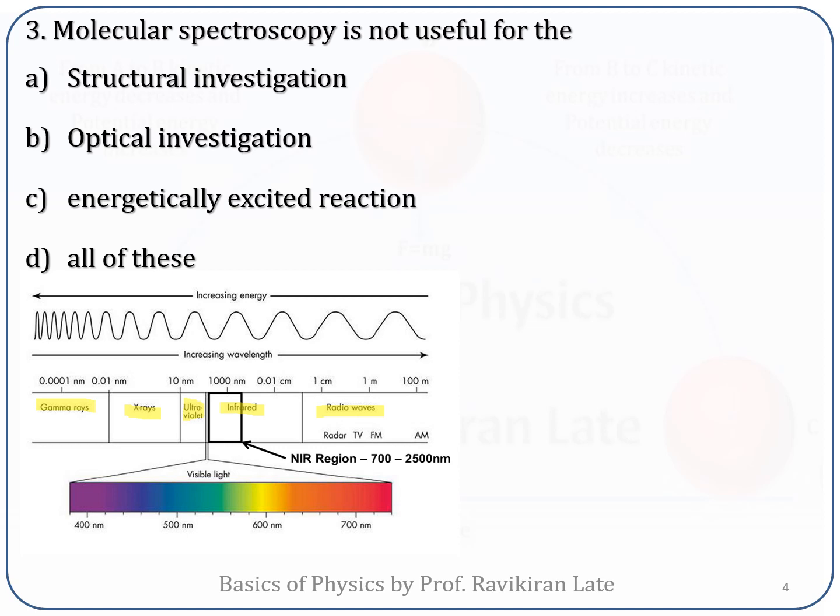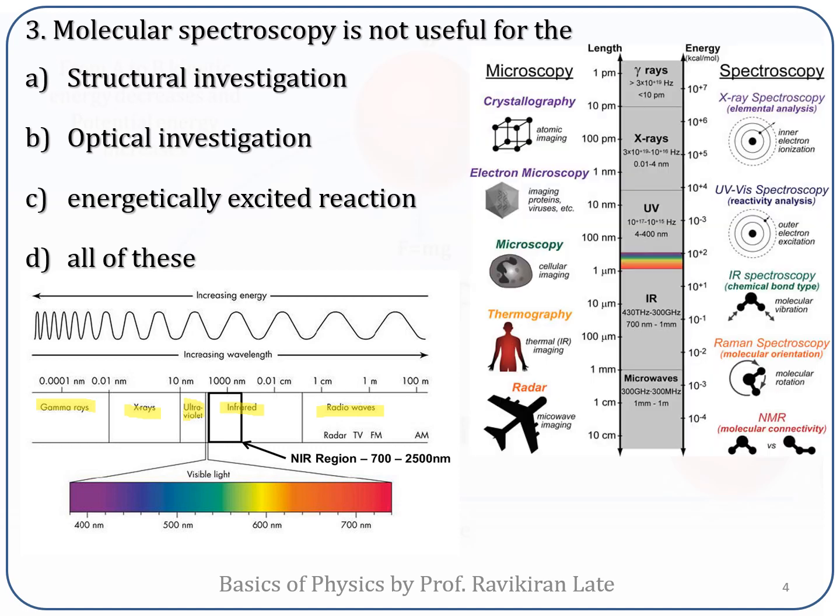Okay, these are the different spectrums in a given electromagnetic spectrum, with decreasing energy from gamma rays to the radios. Now with these different radiations, you have different spectroscopies associated with them. If the spectroscopy is related to molecules, which is our case, then if it is molecular spectroscopy, you have IR spectroscopy, UV-visible spectroscopy, and Raman spectroscopy.